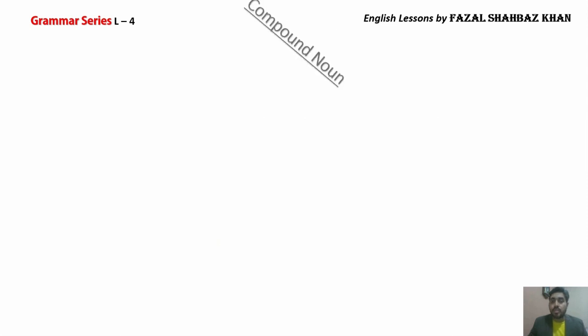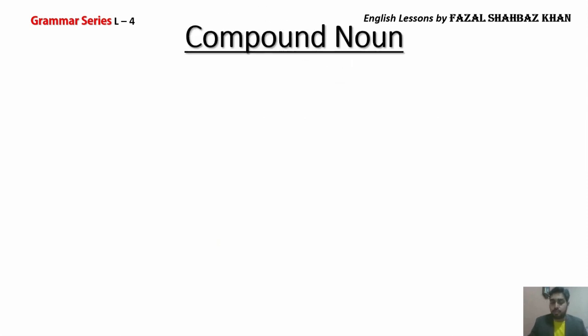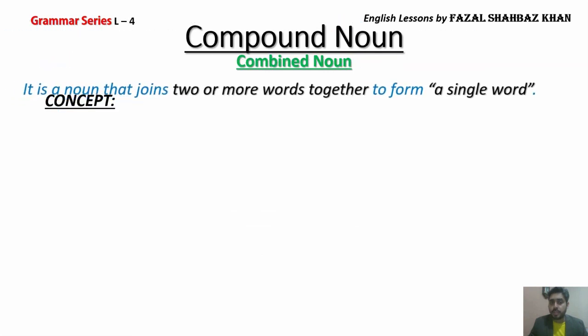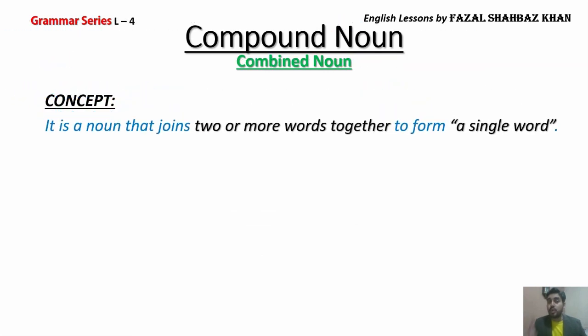Now let's get down to the third kind, quite fast. That's called compound noun, in other words, also called combined noun, composite noun. Many other names can be said. So that's the third thing. The concept says, it is a noun that joins two or more words together to form a single word. Like we have more than one word and they are joined together in such a way that they give you a single individual noun. For example,